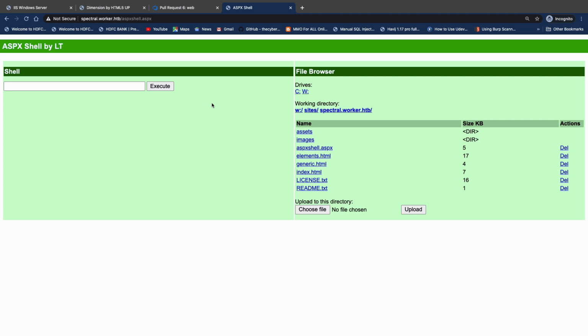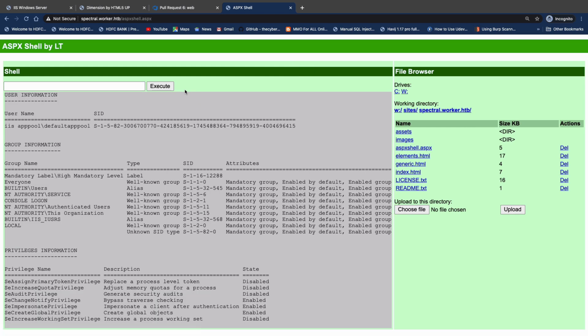Now I can control the server, and you can see there are two drives. One is called C and W. This is the working directory where we can work, and second is called shell. What you can do with the shell here is type whoami /all and execute it here. You can see clearly I have all the information regarding this. The same way you can type commands here. But further, if you perform enumeration, here you can see there is a file called choose file.